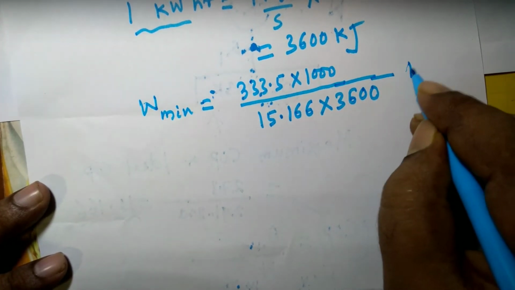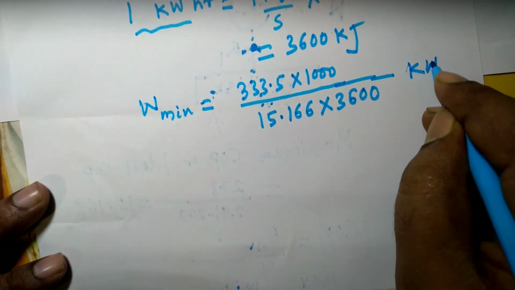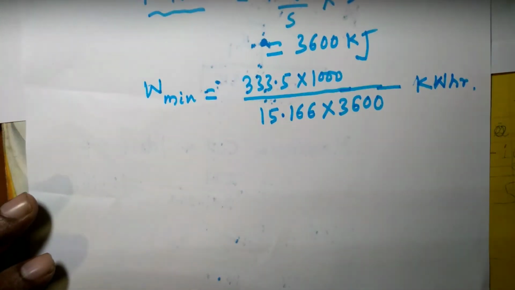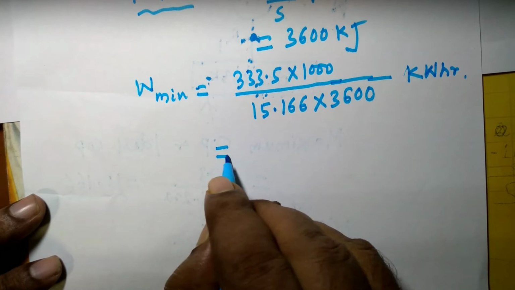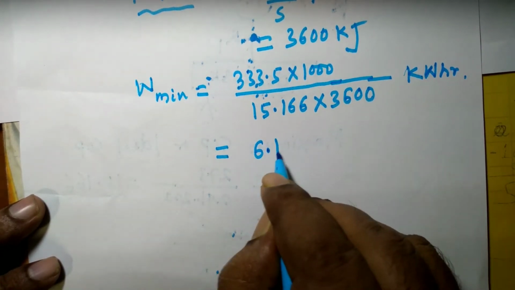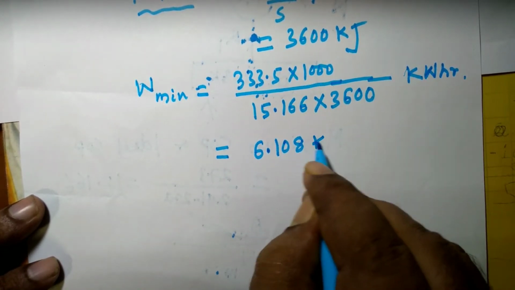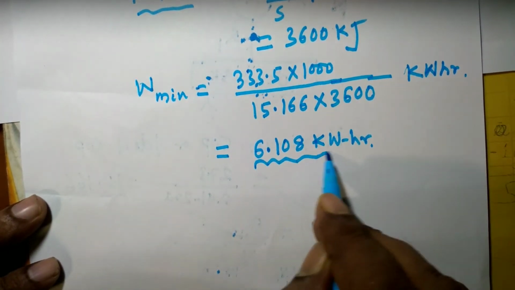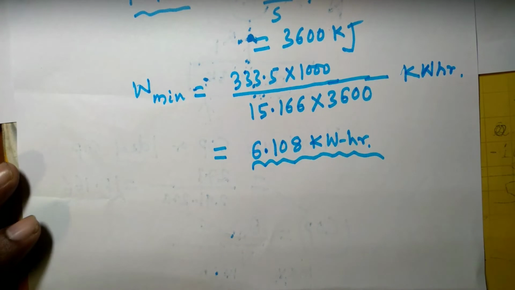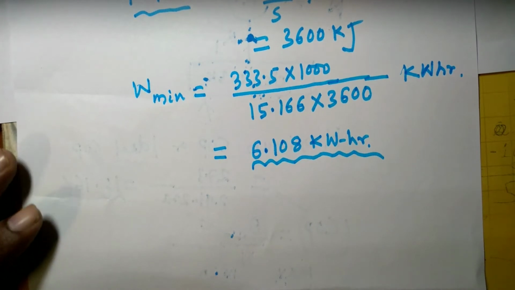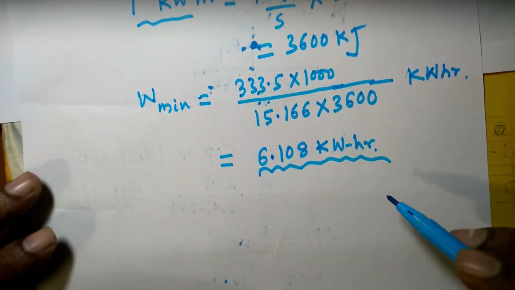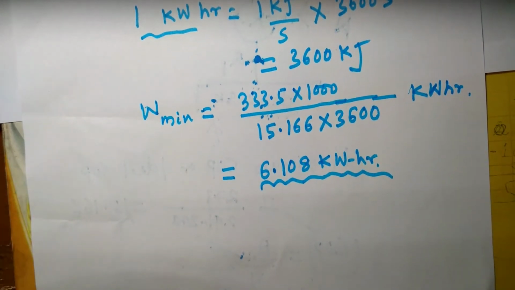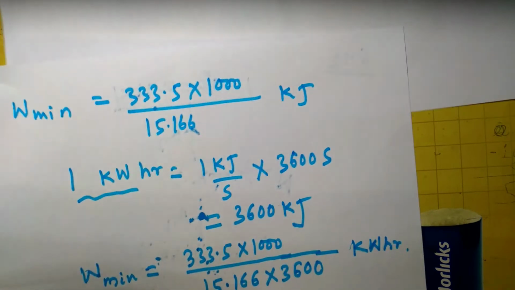This much kilowatt hour. This is equal to 6.108 kilowatt hour. So this amount of work is required. If the cycle operates in a reversible manner, this is the work input required, and this work input is minimum. So next question is